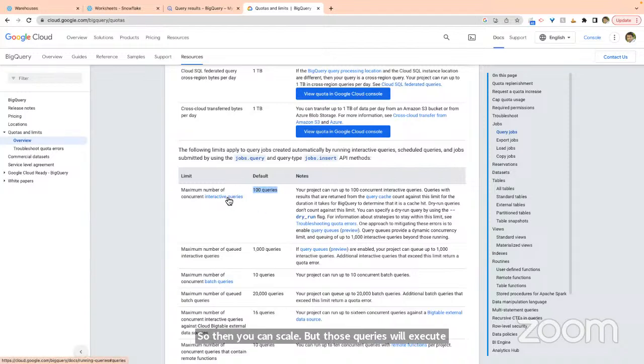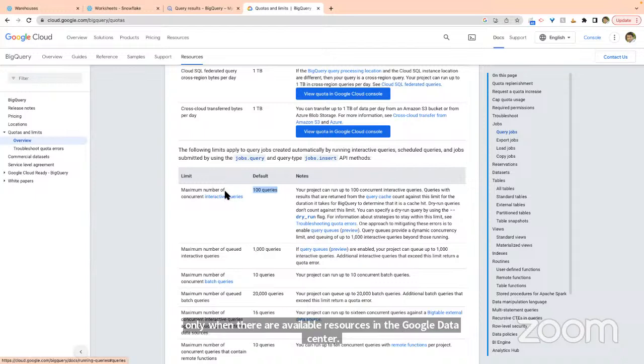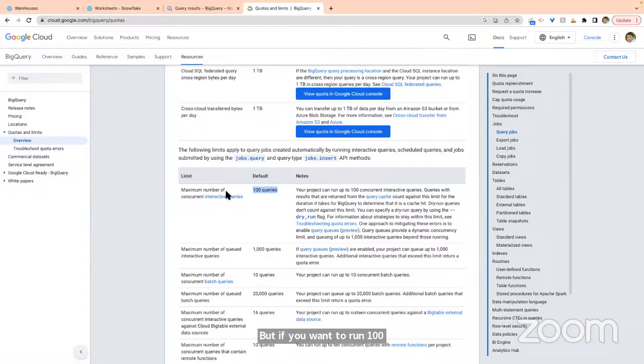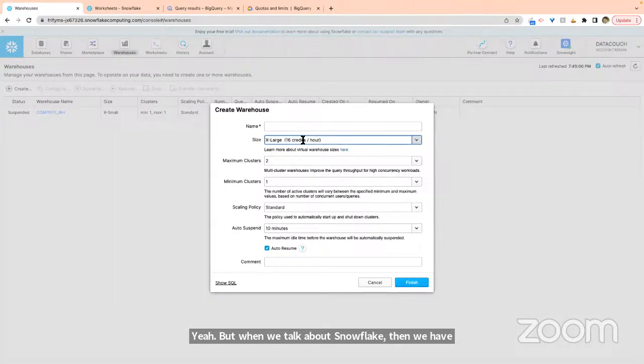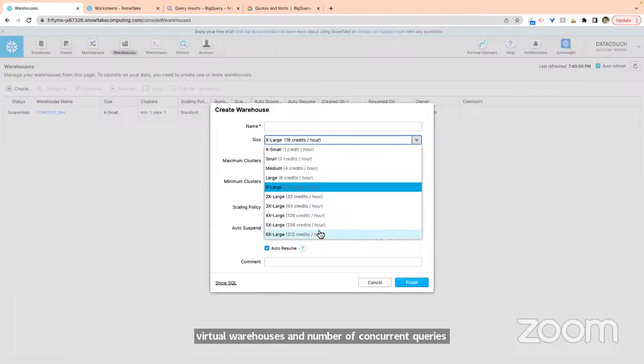But if you want to run 100 concurrent queries in which you need a response ASAP, then there is a limitation in a project. Yeah. But when we talk about Snowflake, we have virtual warehouses, and the number of concurrent queries that can run in a virtual warehouse depends on the number of threads you can have in a virtual warehouse. You can say 512.